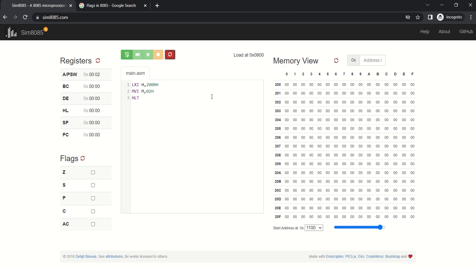Now here you have the stack pointer and program counter. First let me explain the functions of the program counter, or what the program counter does. Basically, the microprocessor uses the program counter to sequence the execution of the instructions. The function of the program counter is to point to the memory address from which the next byte is to be fetched. And when a byte is being fetched, the program counter is incremented by 1 to point to the next memory